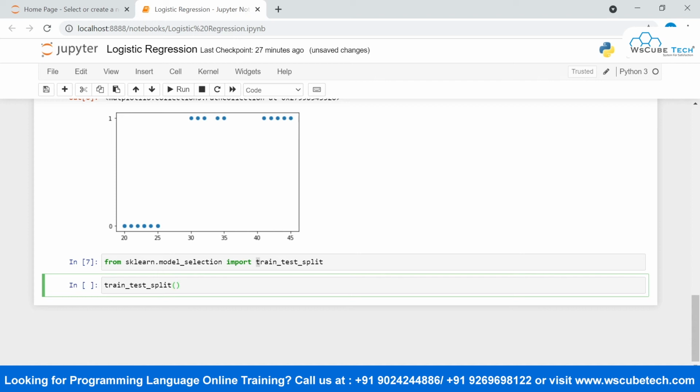Inside this, the first argument is in 2 dimensions, so age is going to be my 2-dimensional input, and the next I need to pass is the dataset of bought insurance.